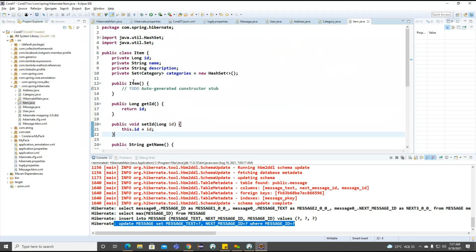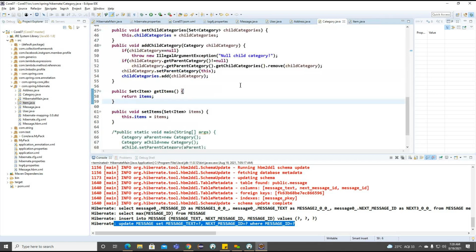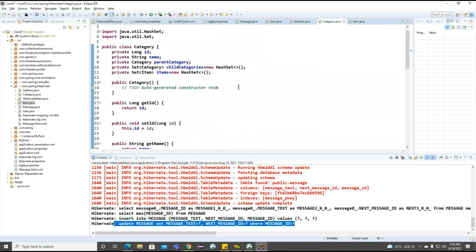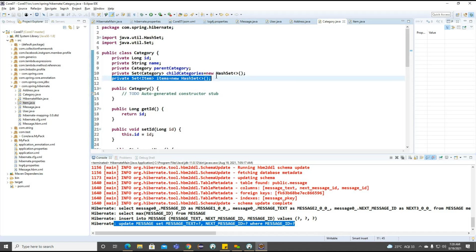Now if you observe carefully here, inside this particular item class we are making category related information. Same way, if you observe inside this particular category class we are trying to make item related information. In both the classes we are having the relations here.